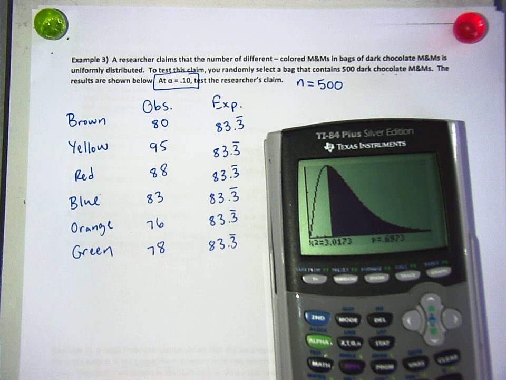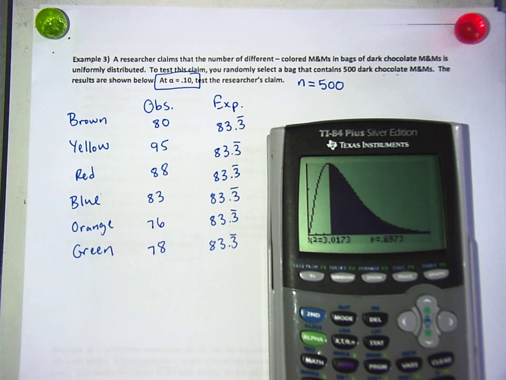P-value is 69%. Okay, just by looking at this picture, can you tell me right now, accept or reject? The null. Mm-mm. Except, see how it's landing